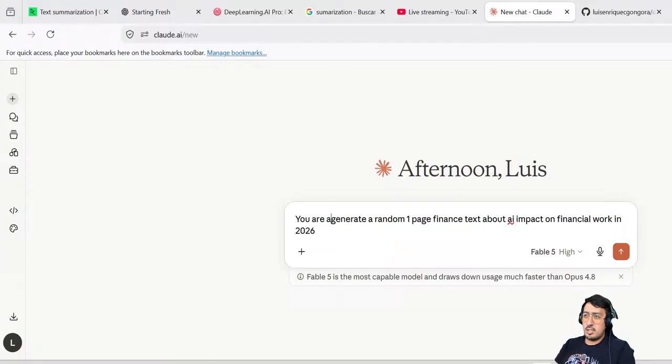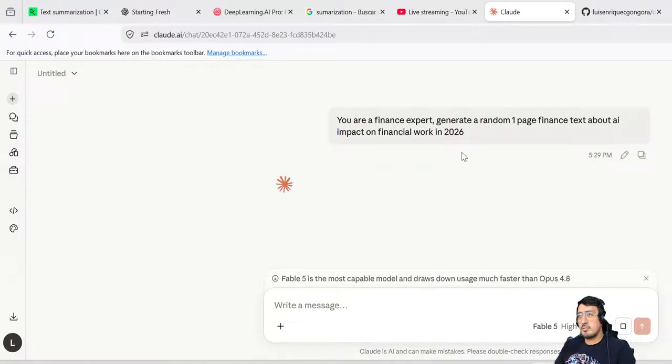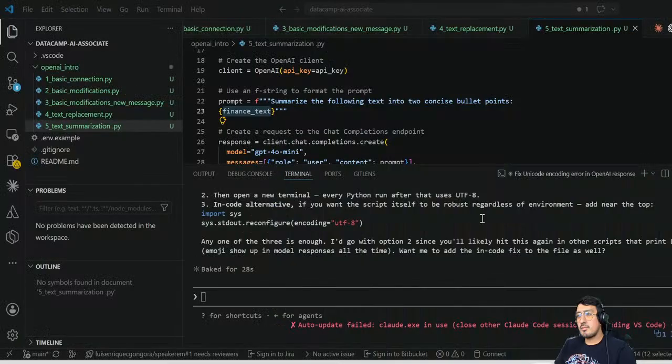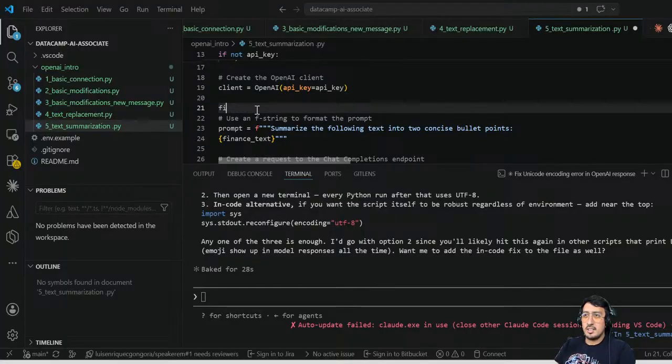You are a finance expert. So now I'm generating a sample, so it's just there. So I just copy so it works good. This might take a while, but then I'll just define a finance text. It's equal to